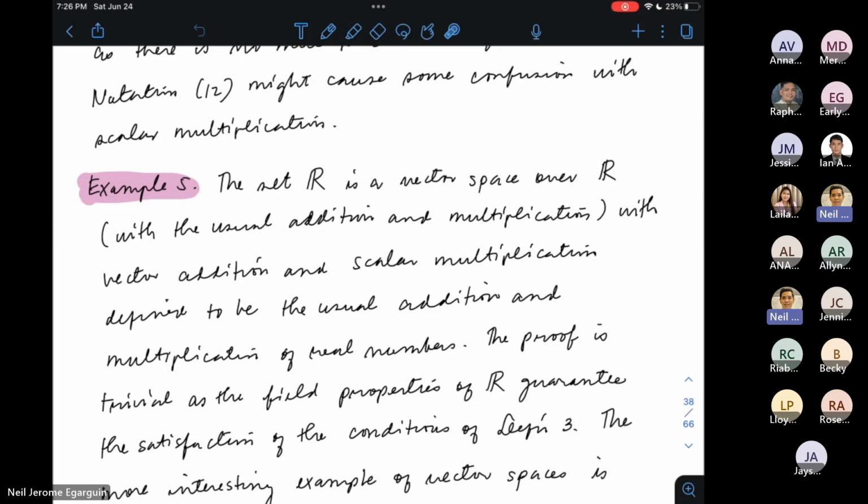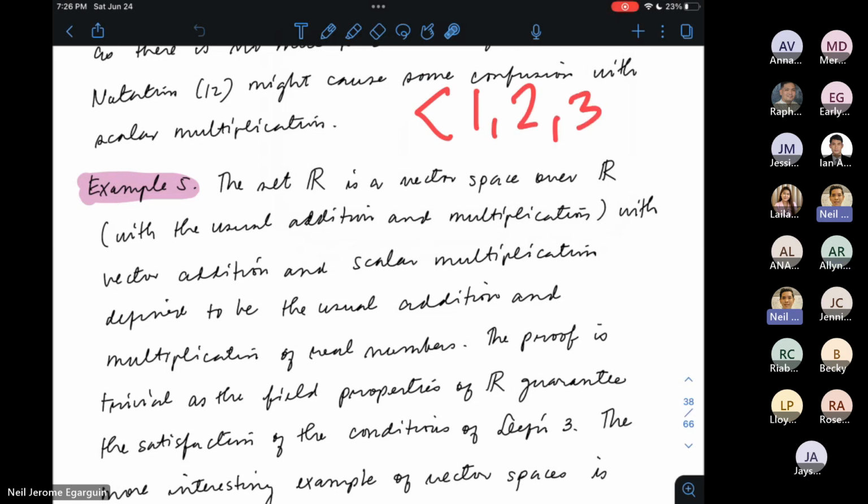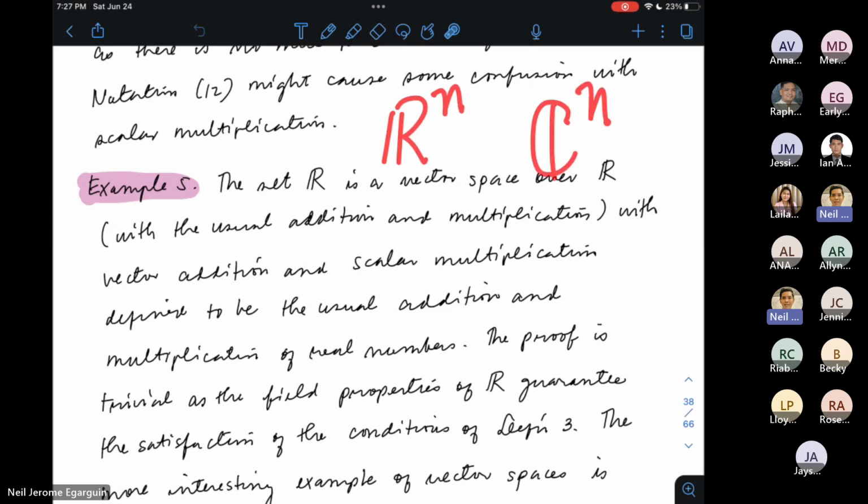Kasi sa physics, ang vectors ay halimbawa yung vector ay 1, 2, 3, right? Ganyan yung itsura ng vector sa physics. This comes with the direction, etc. Pwede mo kasi siyang i-plot in three-dimensional space. Vector siya sa physics, vector pa rin siya sa algebra. So that's fine. Kasi nung inimbento yung theory of vector spaces, nag-start siya dun sa pangangailangan ng physics. So ganun yung vectors. So yung vector spaces sa physics, which is usually Rn lang naman, or n-tuples of real numbers, or Cn. Kita natin itong mga examples na ito mamaya.